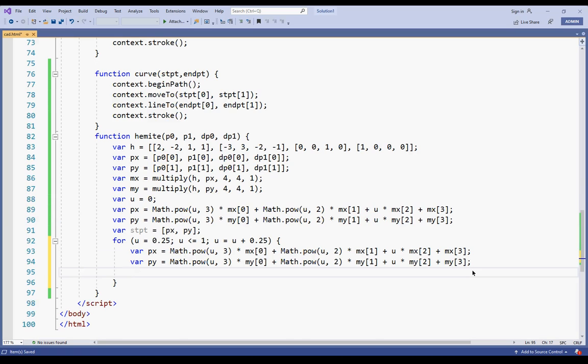So I could say var endpoint is equal to px comma py. Just let me know whether you understood the concept of endpoint, because here initially u will be 0.25. So this gives me px py again, which represents the endpoint.